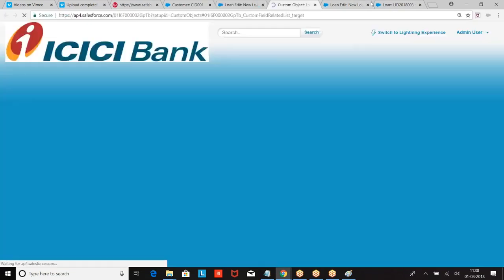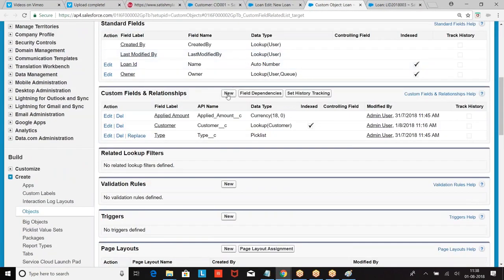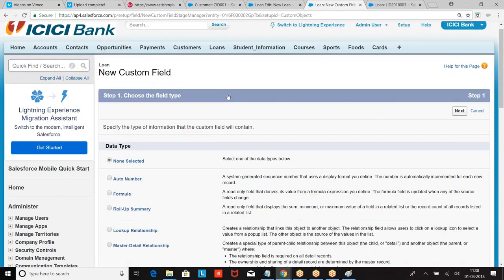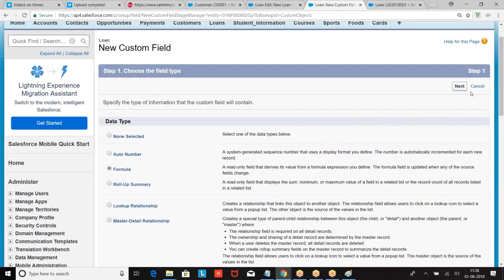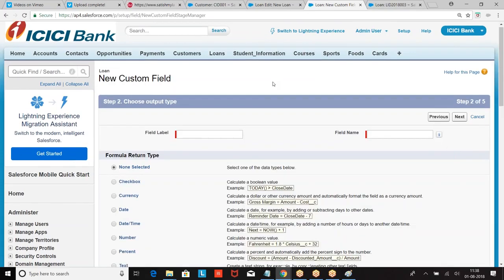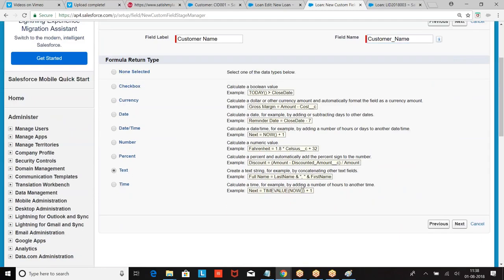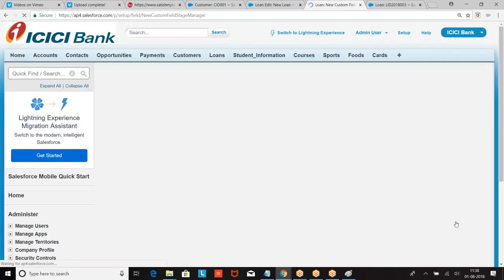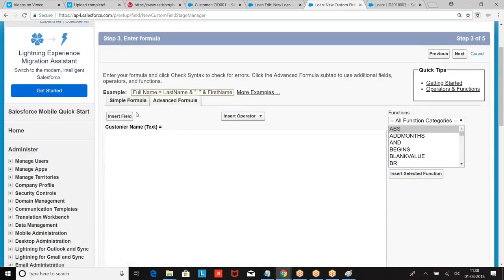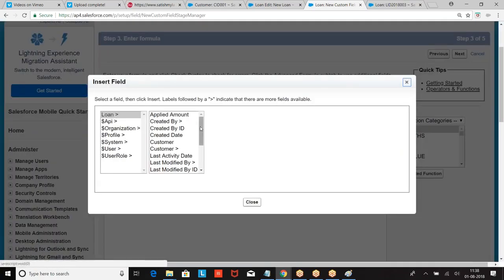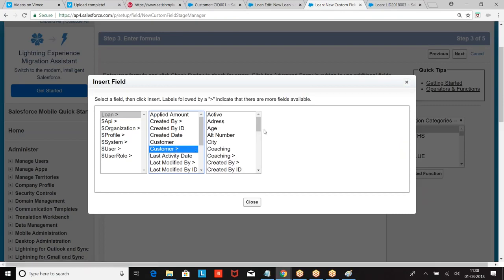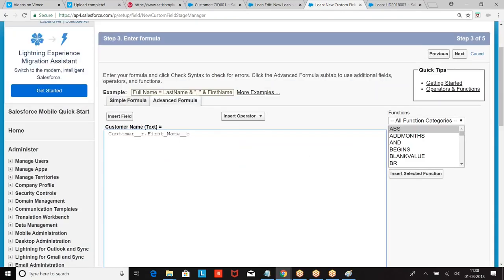So what am I doing here? Go to the formula fields. New formula. Customer name. What is the value? Next. Insert the field. What is that?